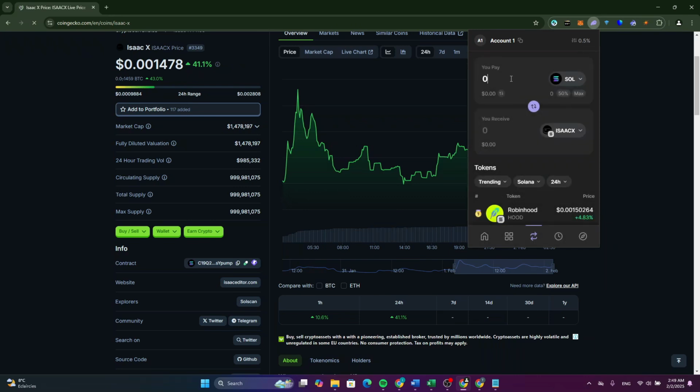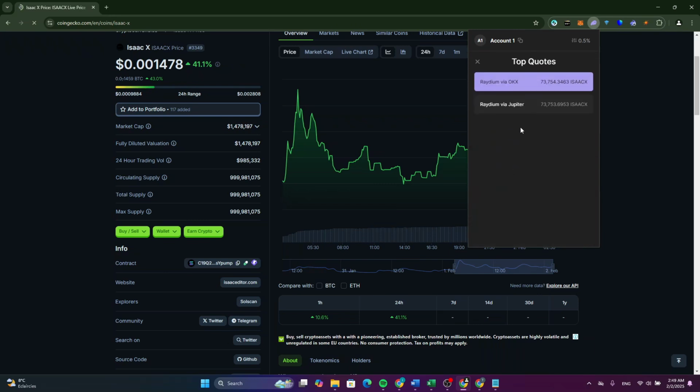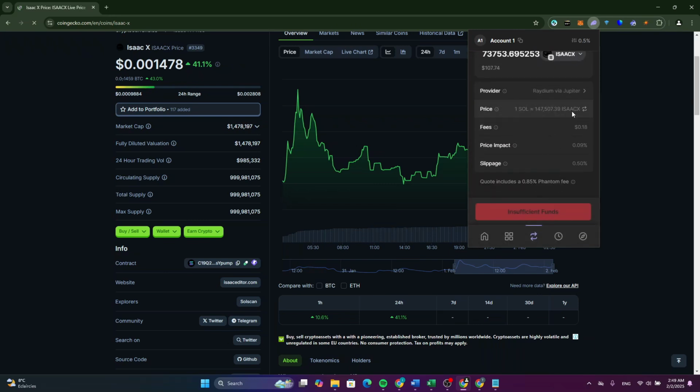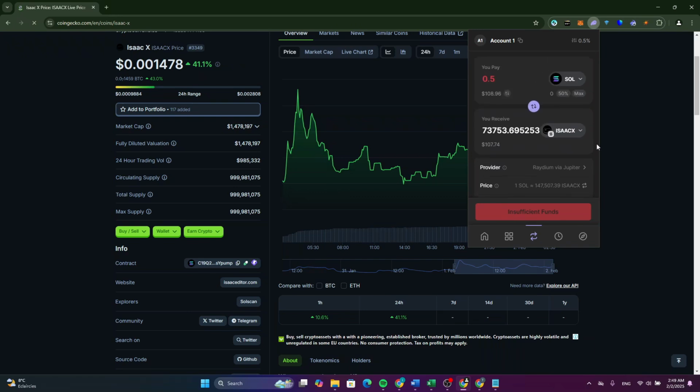And here type how much you want to buy. So here you will be able to see how much you receive. So this is it. Now select the provider, for example, Jupiter. And make sure to read all of that information here. After that, click on swap, and you will be redirected to the Jupiter provider page to be able to buy this token without any issue. Now, as you can see, this is how to